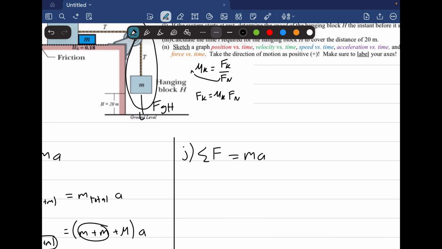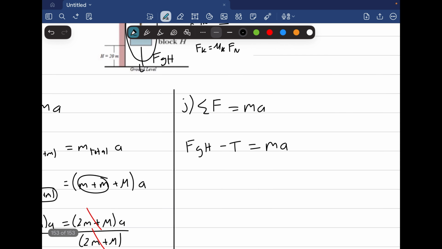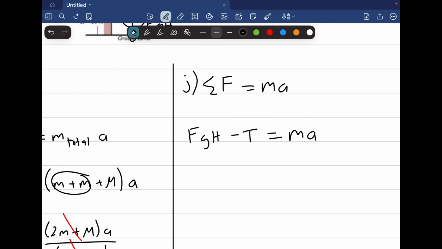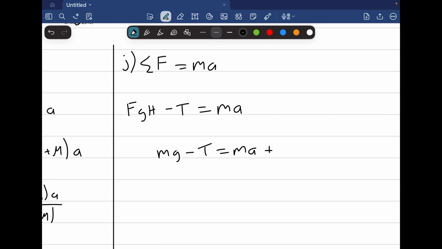Your F_g H is greater than T, so I'll write F_g H first. Minus T is equal to mA, right? I'll expand on it. So mg minus T is equal to mA, plus T on both sides, and minus mA, right? This 2 cancels out, this 2T cancels out, leaving you with this equation,